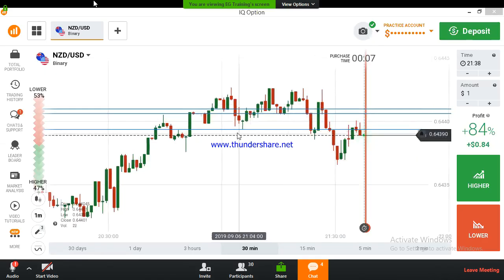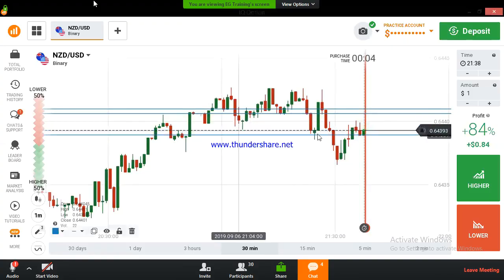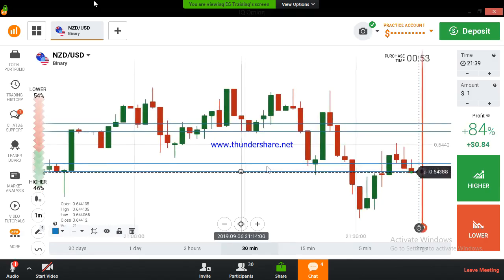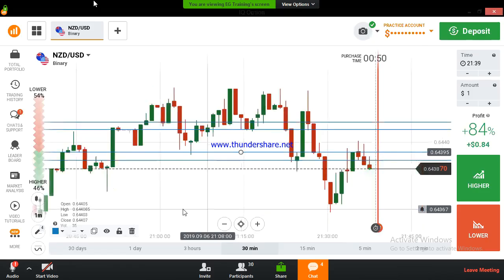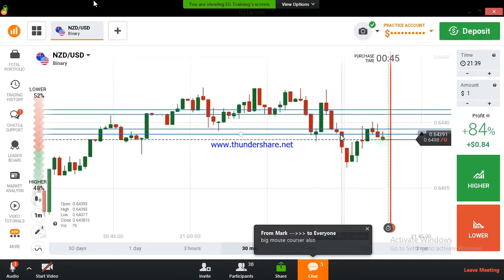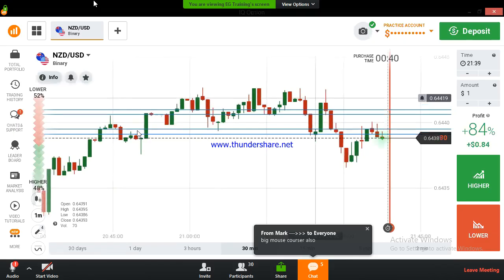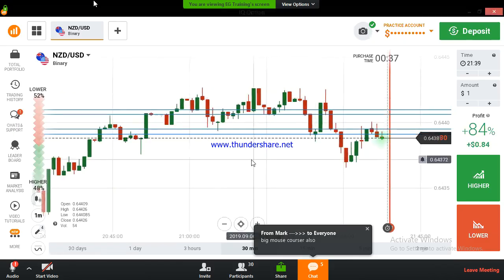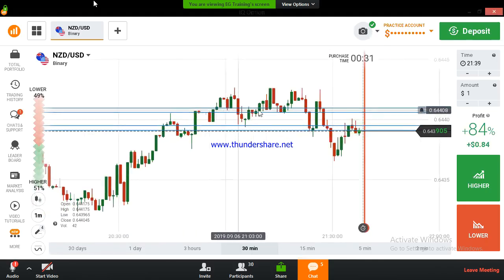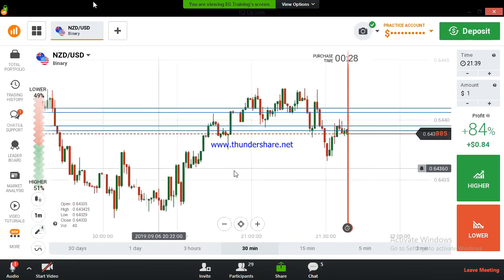Here in this area, there is a reversal point. Here, a closing point of this candle, and a closing point of this candle. There is a level here also. It reversed, finally it broke the level, again it reversed. Okay, here there is a level, and here also there is a level, but we don't know